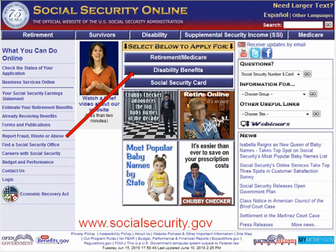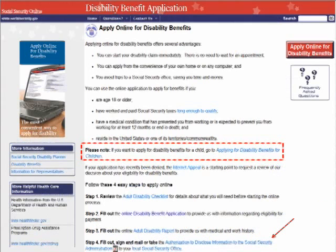Okay, now I'm going to show some screenshots of our website to help you walk through to see how easy it is or how you can navigate to find the information that's necessary. Right in the center of the web page is where you can apply for benefits. Right in the middle, it is disability benefits. So if you click on the disability button,